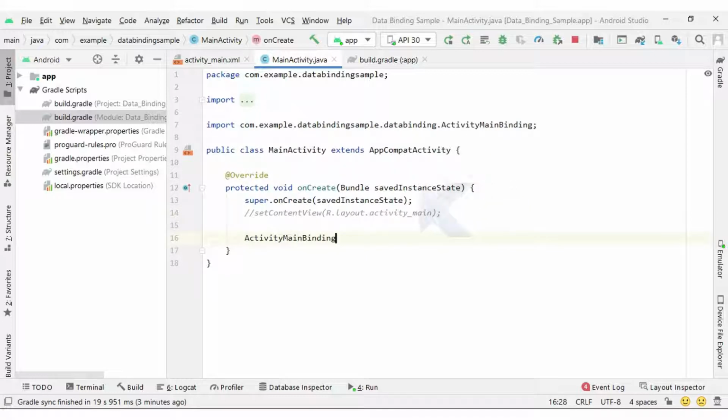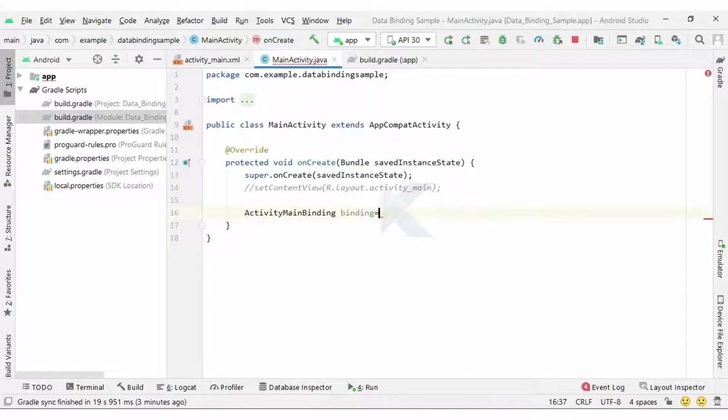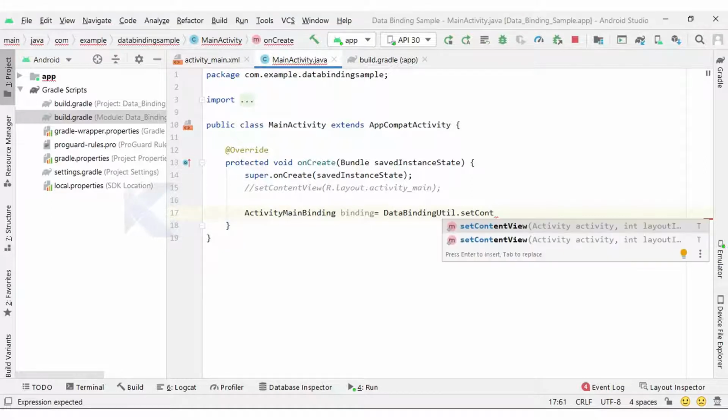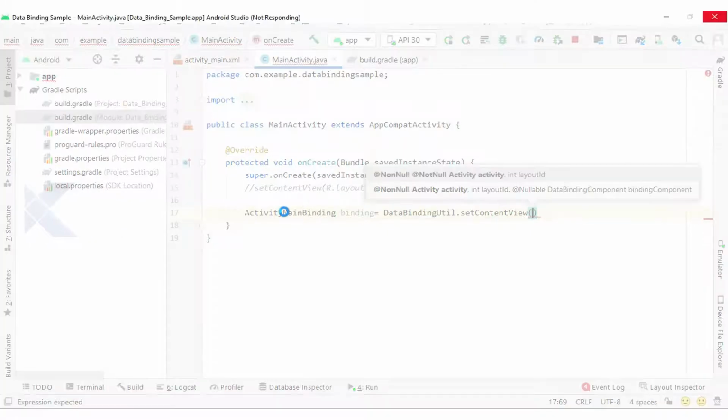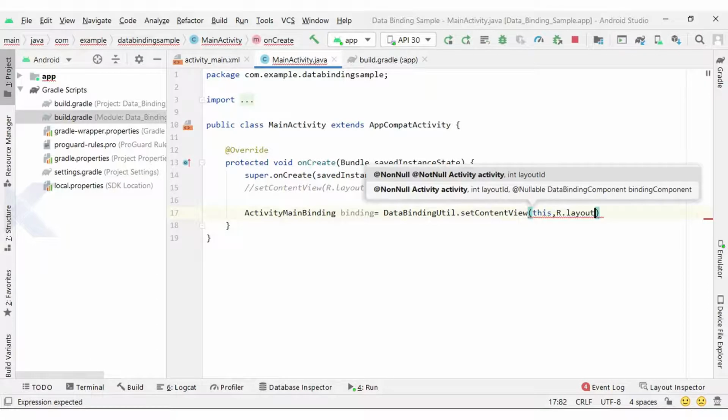Here I'm going to create the object of ActivityMainBinding with the help of the DataBindingUtil.setContentView method. Inside setContentView we can pass the activity with the help of the this keyword and the layout, which is R.layout.activity_main.